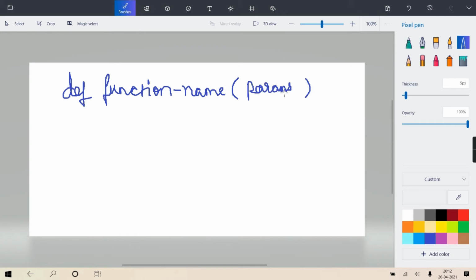Some books say parameter and argument are one and the same thing. Some say that at the time of call what you pass are arguments, and in the definition what you receive are parameters, and some books say that you can use the words interchangeably. Parameter and argument are the same, only in the function definition what you receive are formal, and at the time of call what you pass are actual. And this whole list can be optional.